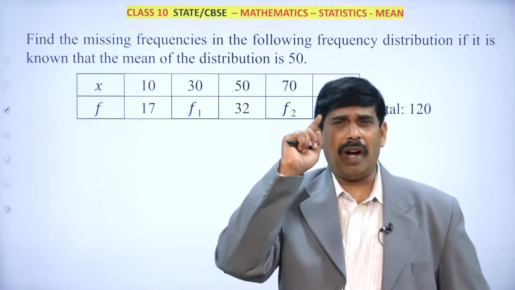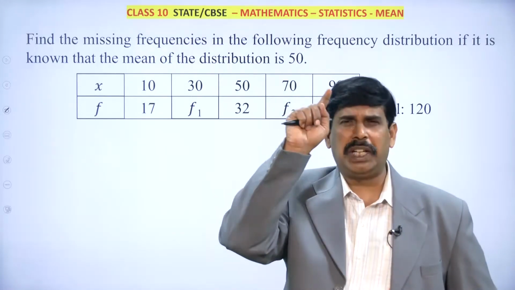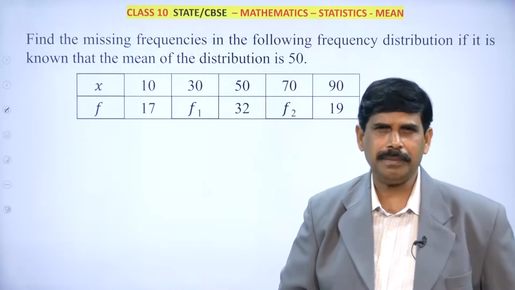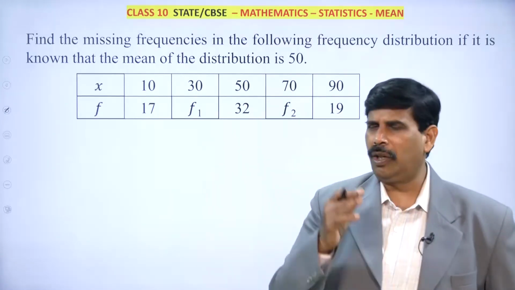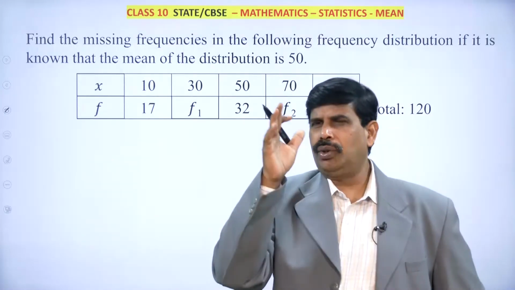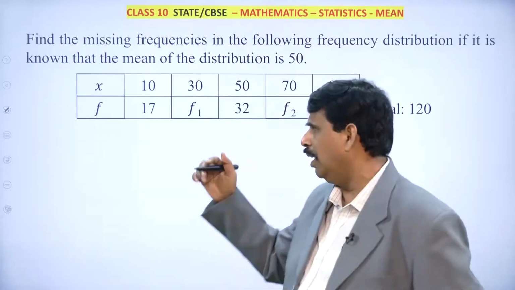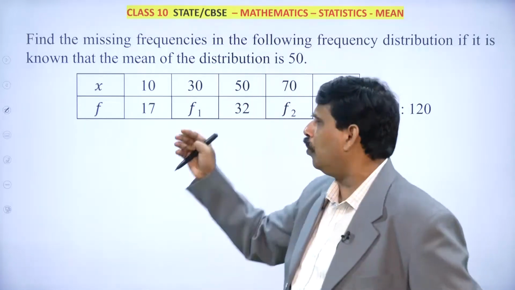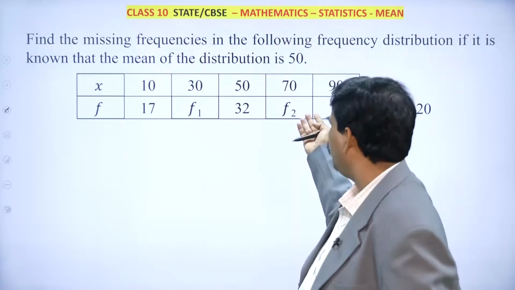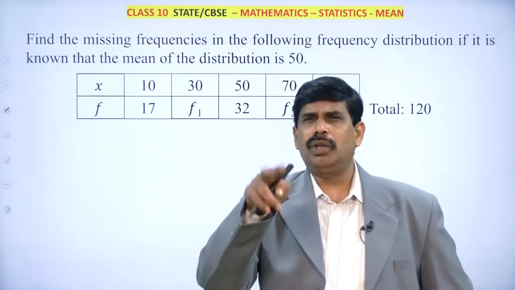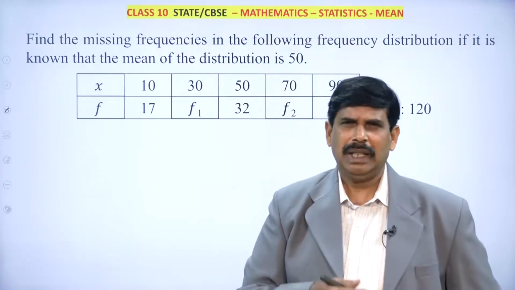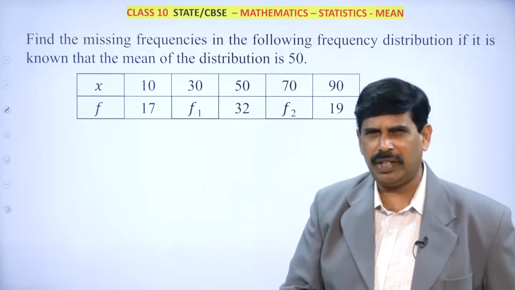That means to find out n values, you need n conditions. We learned this before. If you want to find out n values, you should have n conditions. So here we need to find two values, so we also should have two conditions. Let us see now what are those two conditions.